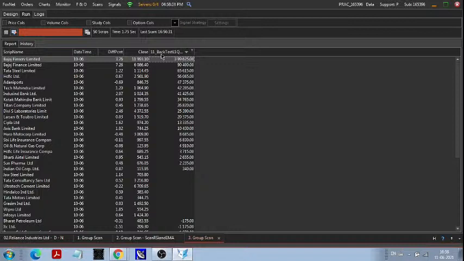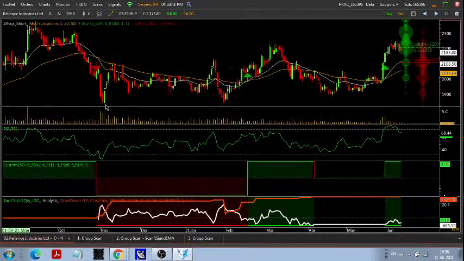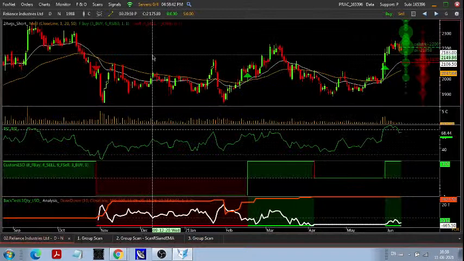How to do price scans? Like, I want to check where the price is relative to the previous month high and previous month low. There is a study, the higher period indicator. You can set it on that.